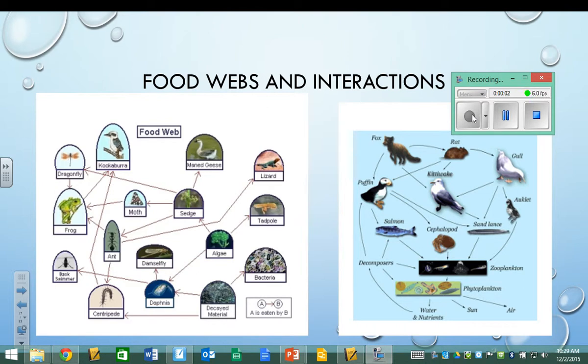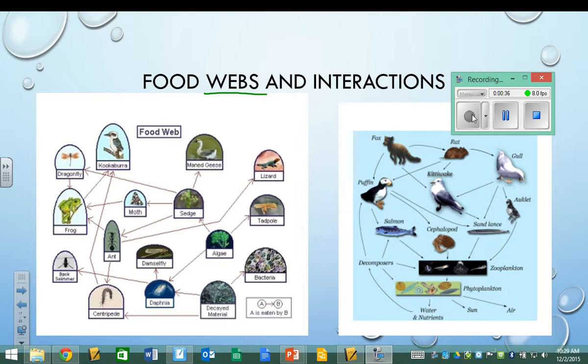So the first thing that I want you to maybe recognize is that real life is very seldom one straight line of A eats B, B eats C, etc. It's rarely that simple. There's not a lot of organisms who have only one source of food, and then they themselves are the only source of food for the next organism in their food chain. So it's a lot more realistic to talk about a food web. A food web is like a bunch of food chains put together.